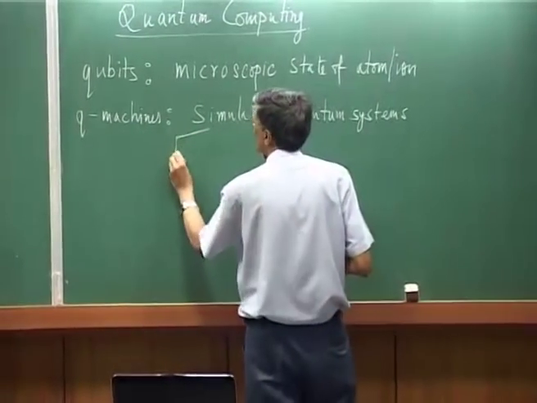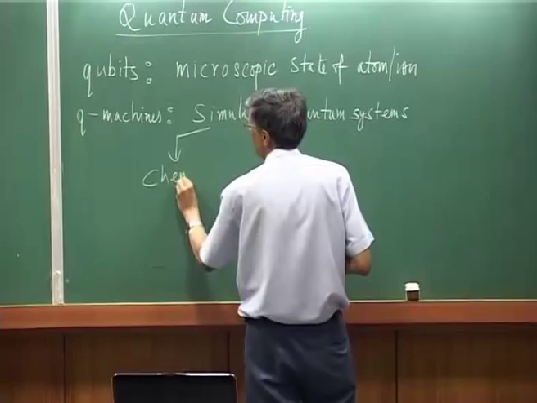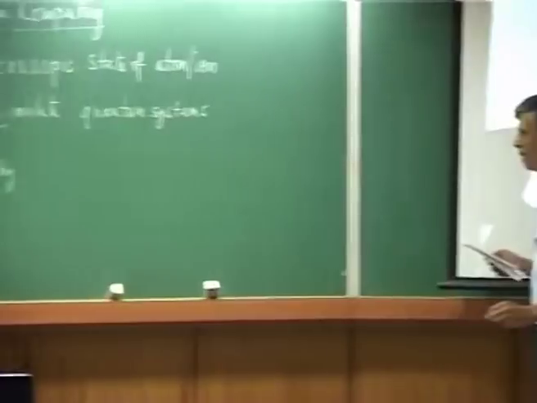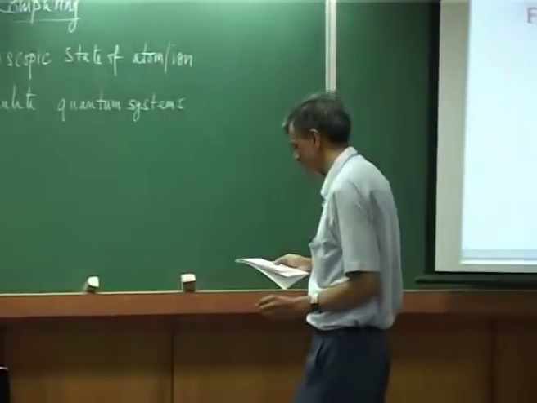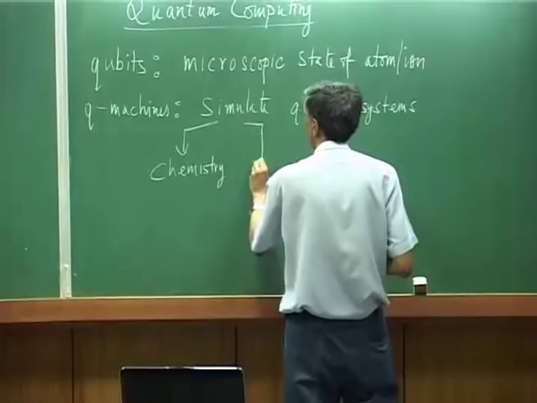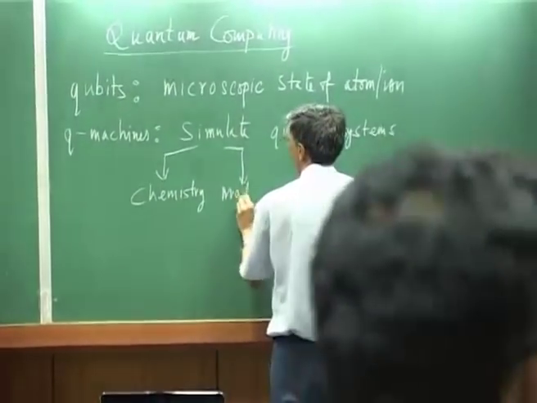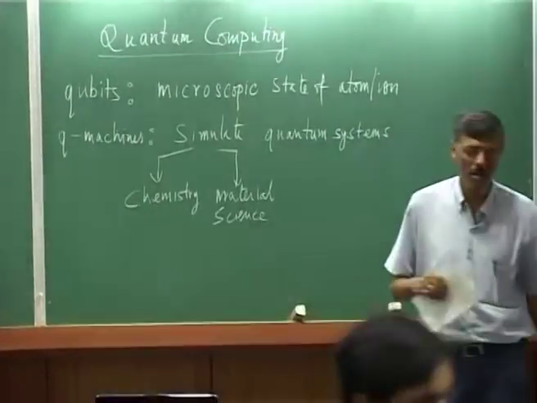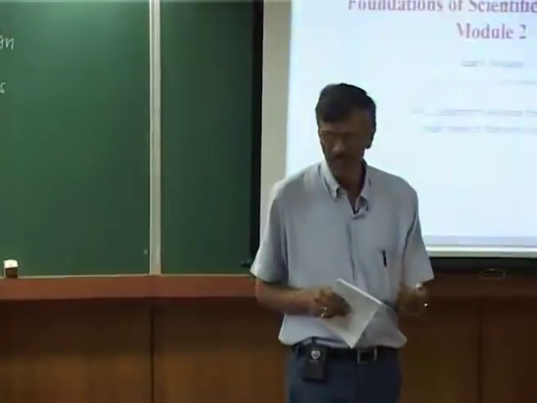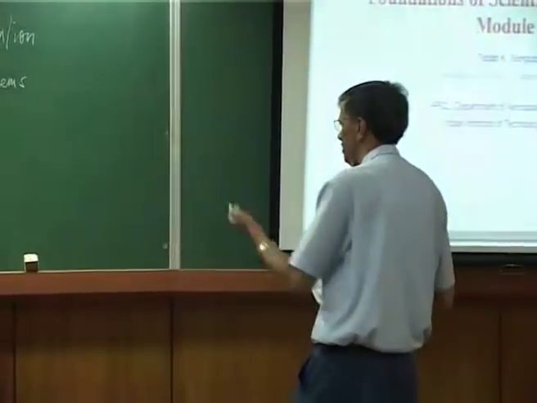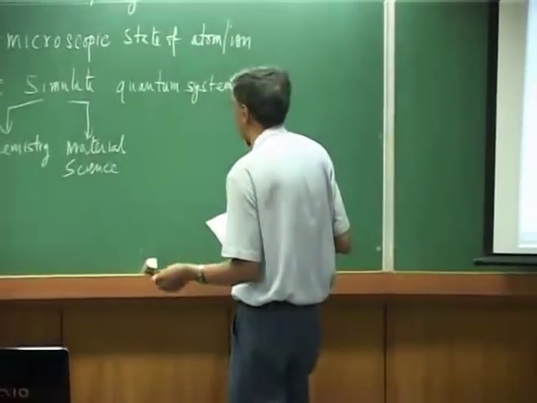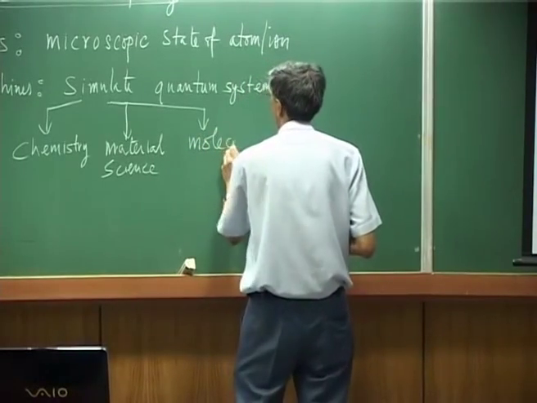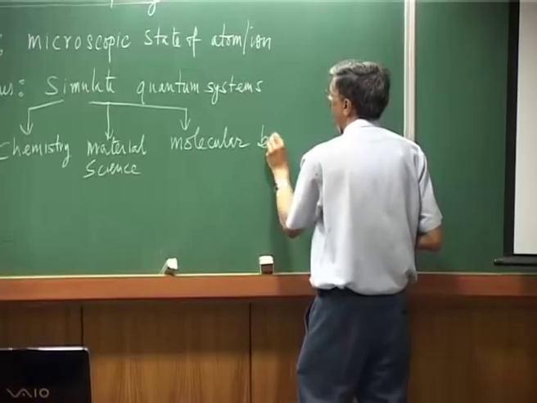Maybe the rich areas where it would find its niche activity would be in chemistry, or could be in, say, material science. For example, people have tried to investigate high temperature superconductivity. This is a potential area where it could really work, and of course, people have a lot of hope that you would be able to